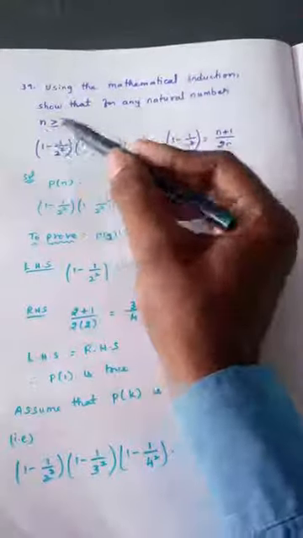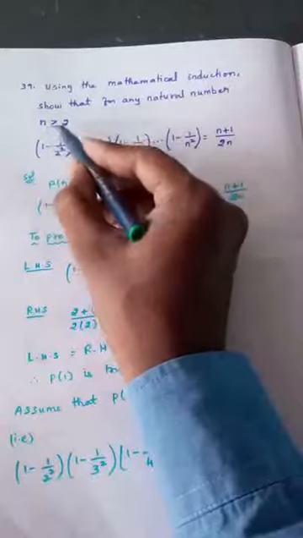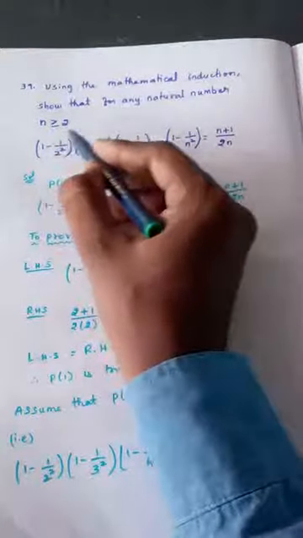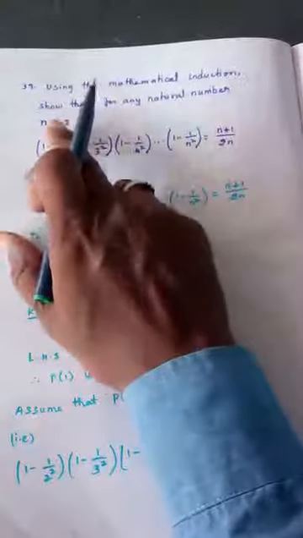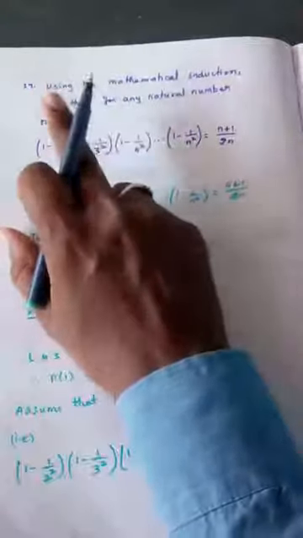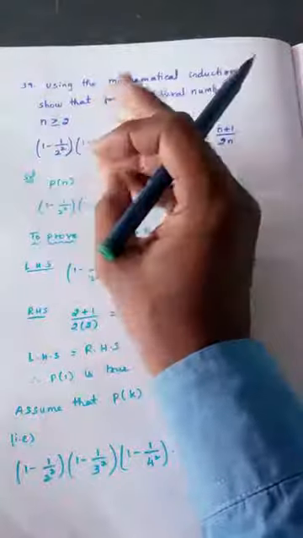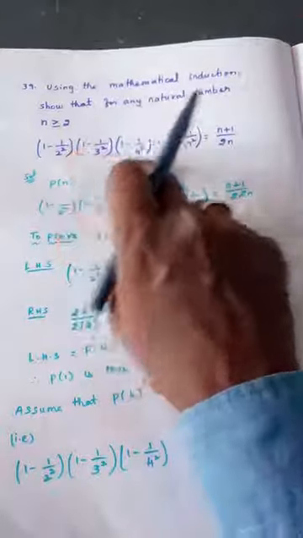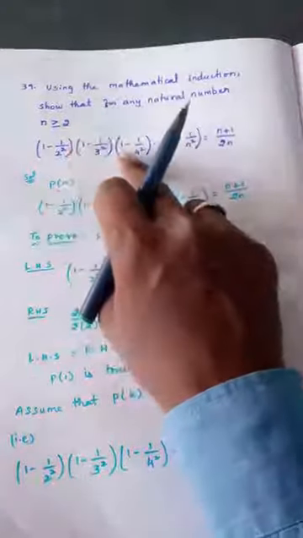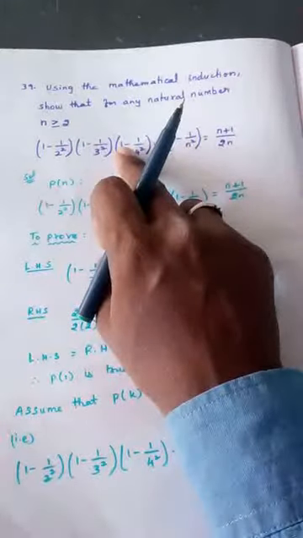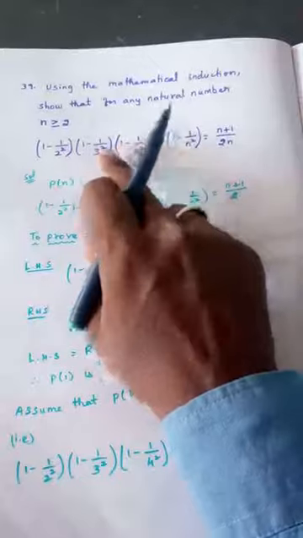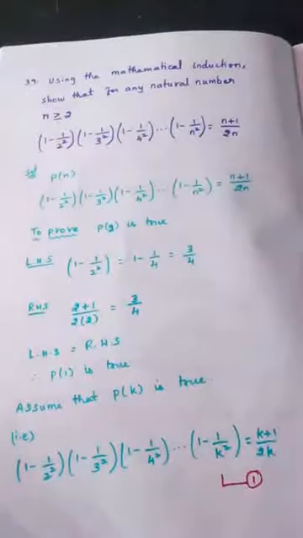But you should notice one thing. Here n is greater than or equal to 2. So what is the meaning? We can use this formula for n is equal to 2 or n is greater than 2. 2, 3, 4, 5. For those n values, you can use this formula. What is the other meaning? We cannot use the formula for n is equal to 1, 0, negative numbers. We should not use. That is the meaning.